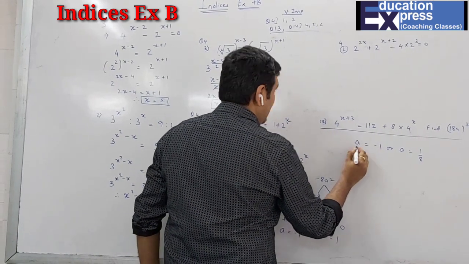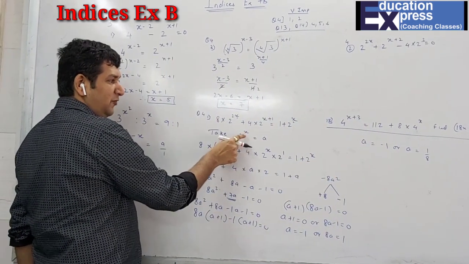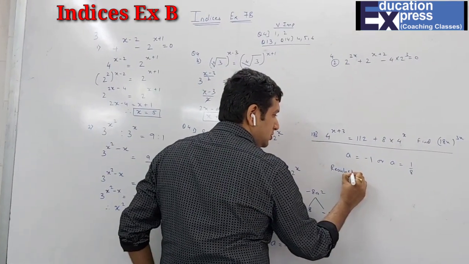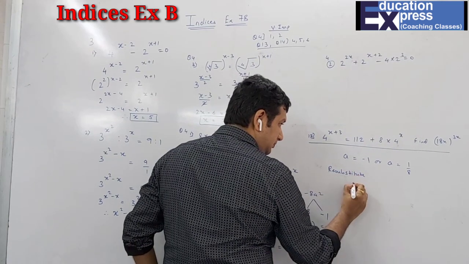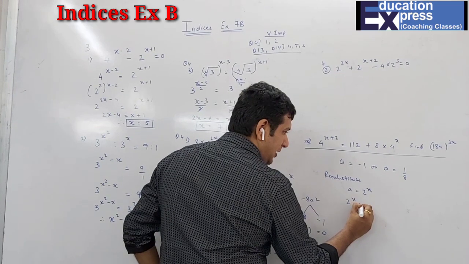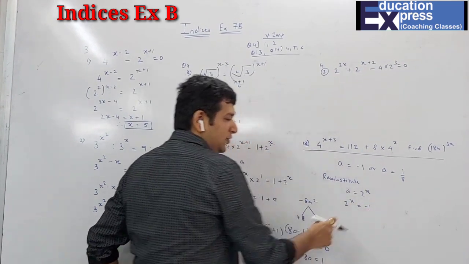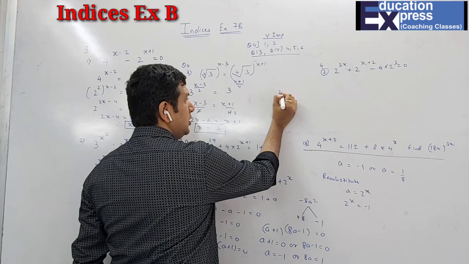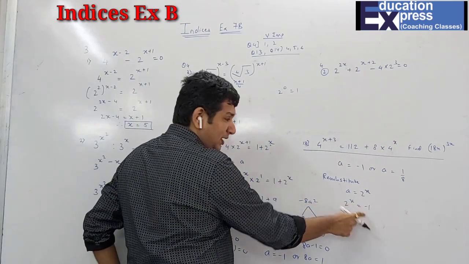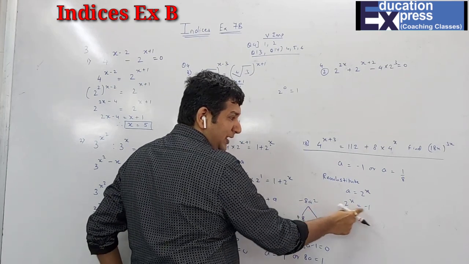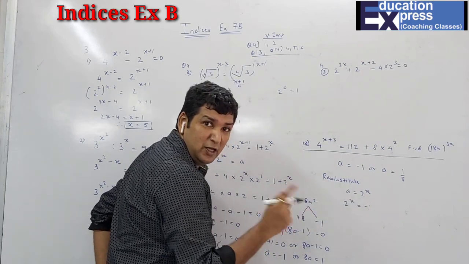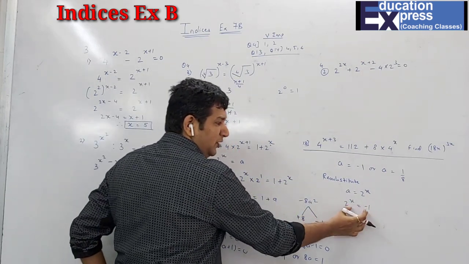What is this a? We don't want the answer in terms of a, we want the answer in terms of x. So we substitute a: 2 raised to x equals to minus 1. Now obviously yes, I can say that 2 raised to 0 is 1, that's positive 1. But here it's negative, and here the base is positive. That means here I cannot write this as 2 raised to 0 because the base is positive and here again it is negative. So the bases will not be same. That means you have to keep this as it is.